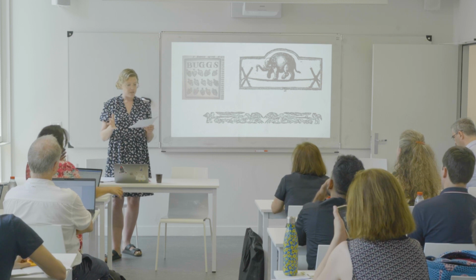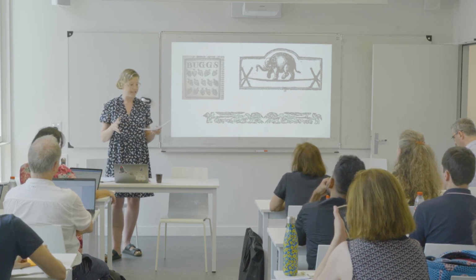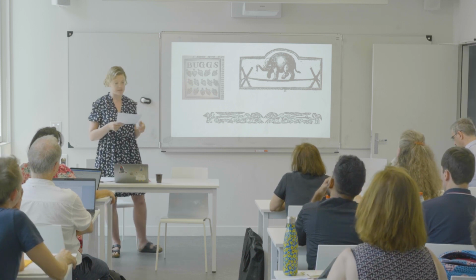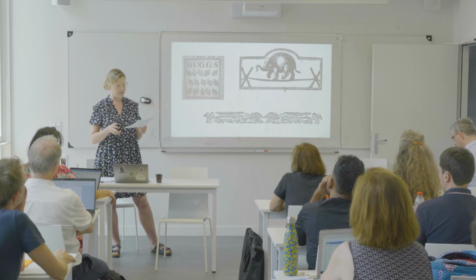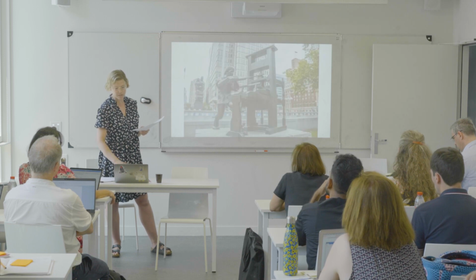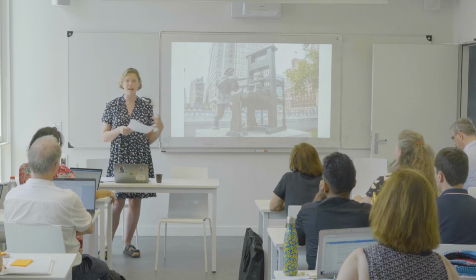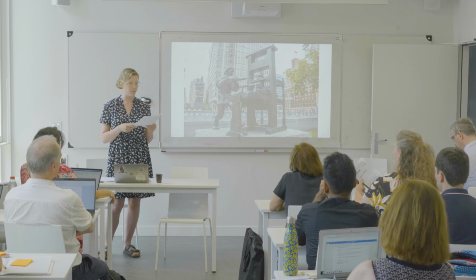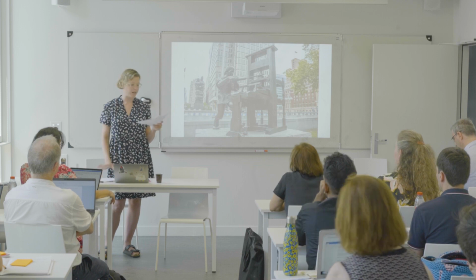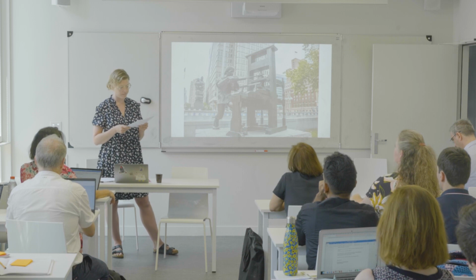I'd just like to give an example of my own research of why identifying a book's printer can do more for us than just fill in the gaps in the catalogue or expand our knowledge. It can lead in unexpected directions. So in 1725, an 18-year-old Benjamin Franklin moved from Philadelphia to London to buy a printing press and types to take back to America and set up a printing house. However, his financial backer let him down, so instead of buying a press and going back, he found work in London as a compositor and pressman for 18 months.